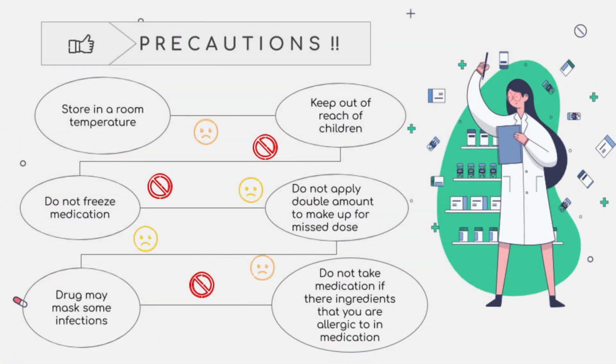Now let's get into the real precautions. So basically, we need to store the medication hydrocortisone cream at around room temperature. And remember to keep out of reach of children. Do not freeze the medication and do not apply double the amount to make up for the missed dose. Remember